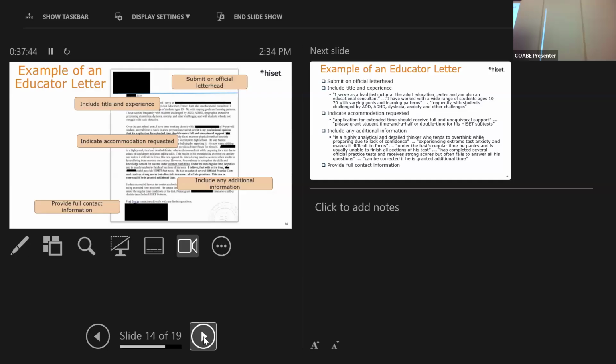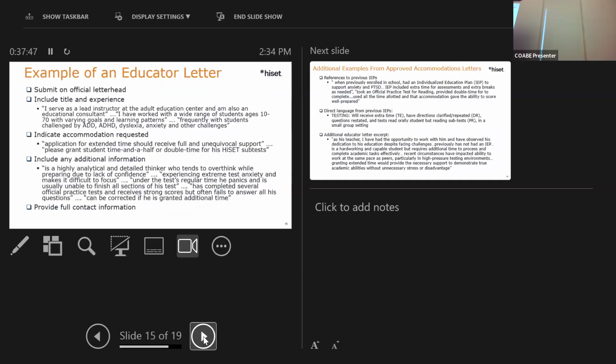contact information. So I know that text was hard to read, so again, on this next slide, we've pulled out kind of like a checkbox, and I've also highlighted some specific text that we think could be very helpful. First of all, again, submit on official letterhead. Include title and experience. So in this particular example, the educator has shared, I serve as a lead instructor at